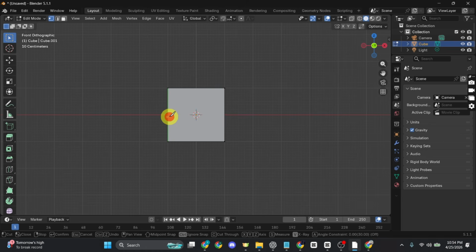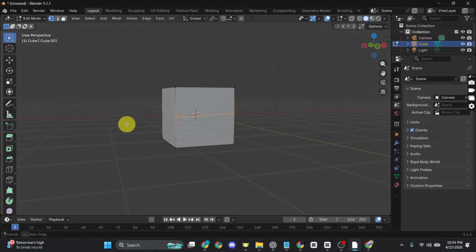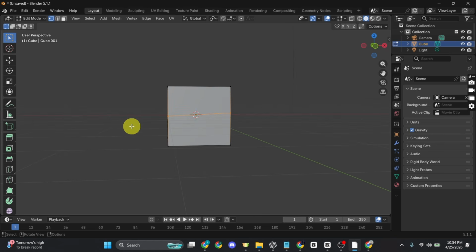So let's say I want to cut it from here. So I'll just select the point, and now once you hit enter, you will notice that the cut is not all the way through. So now we have to first enable the cut through. So I'm just going to go ahead and undo it by pressing Ctrl Z on the keyboard and change the